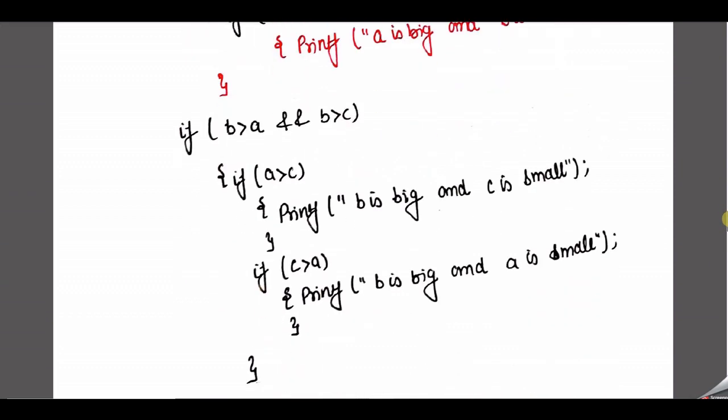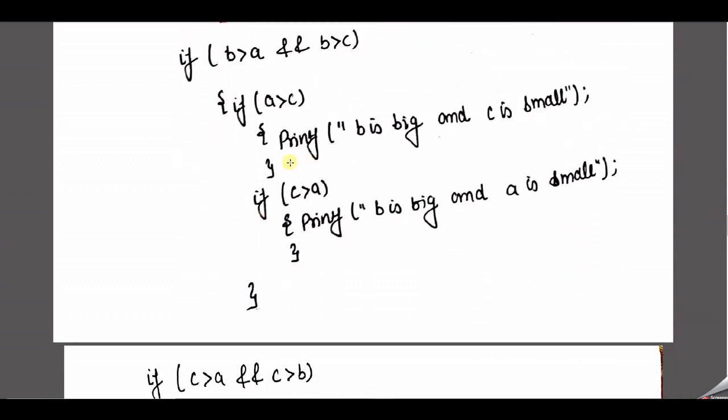Similarly, check for B. Now I am going to check for B. If the second number is greater than the first number and the second number is greater than the third number, which number is the greatest? The second number. That means B is the biggest number. Okay, fine, I found it. But which number is the smallest? I need to check again if the first number is greater than C. So I check that if A is greater than C, and this condition is true,